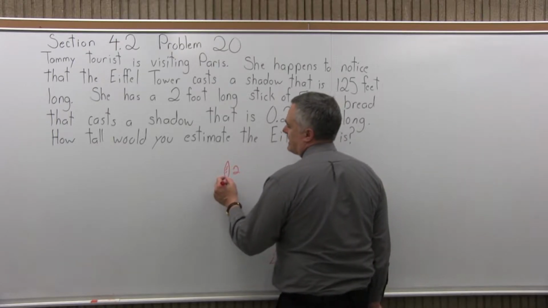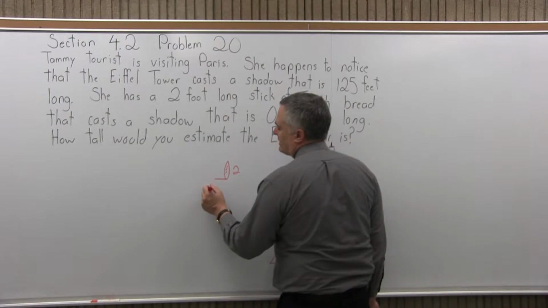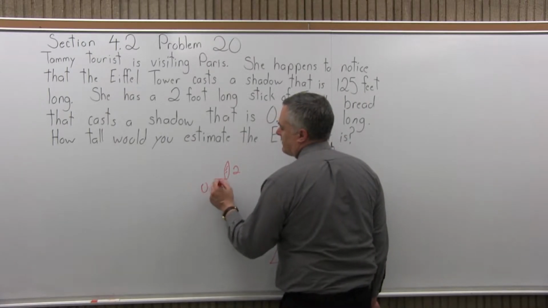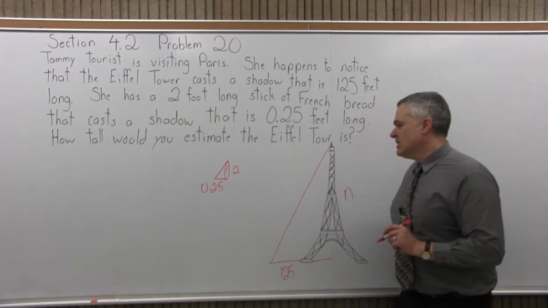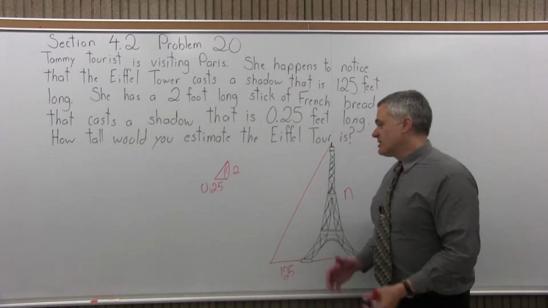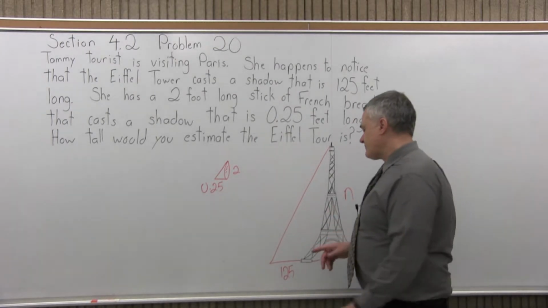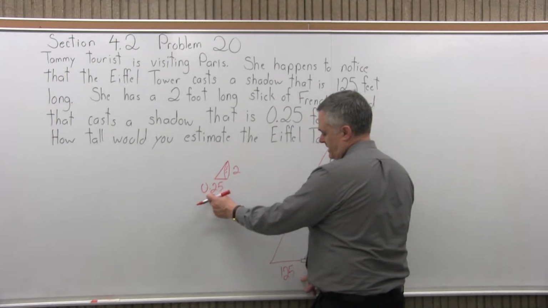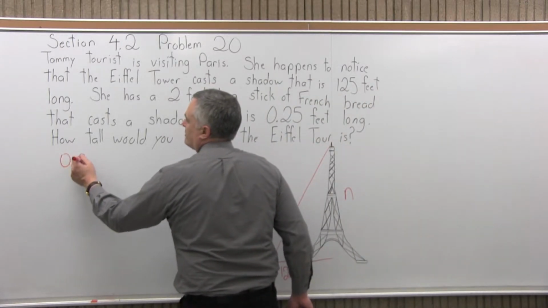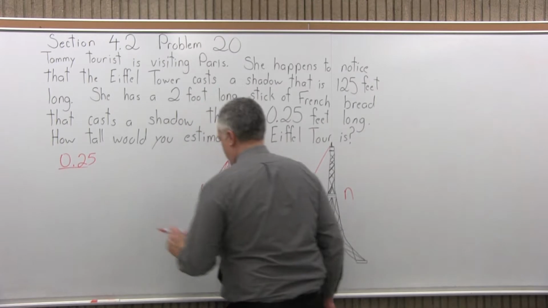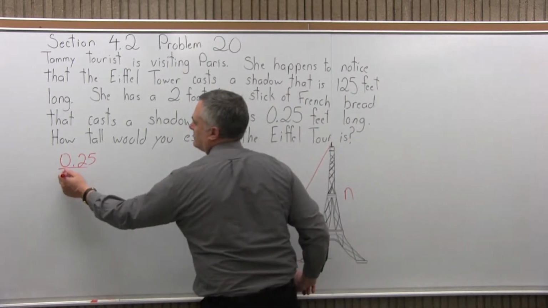This 2 feet, it casts a shadow that is 0.25 feet long. So it also makes a triangle. So we have two similar triangles. So we can set up a proportion, and one part is unknown. So match the parts, so we can do base of the triangle to the base of the triangle. So we have 0.25 for the base of one triangle over 125 for the base of the other one,